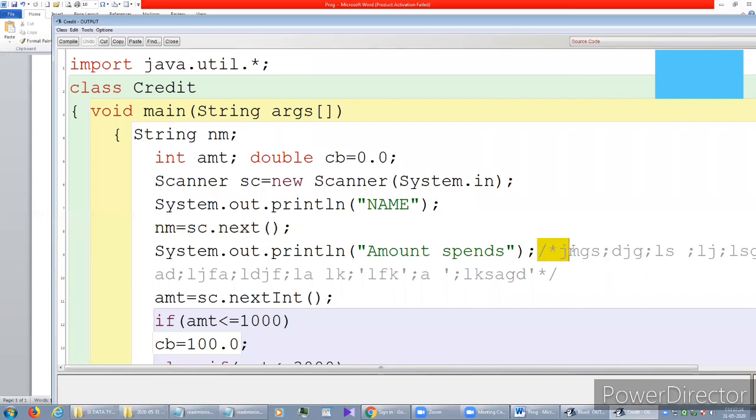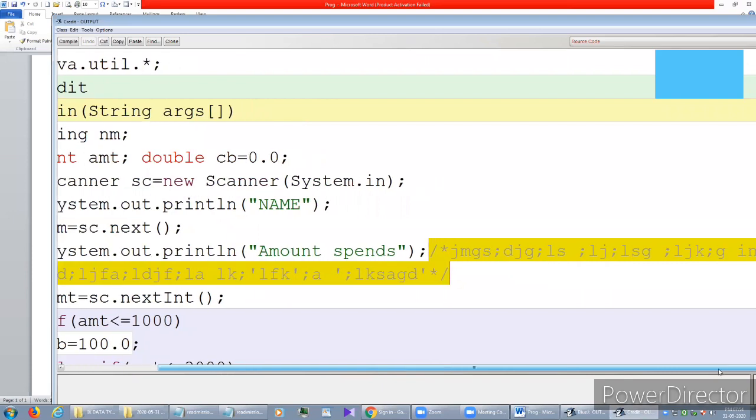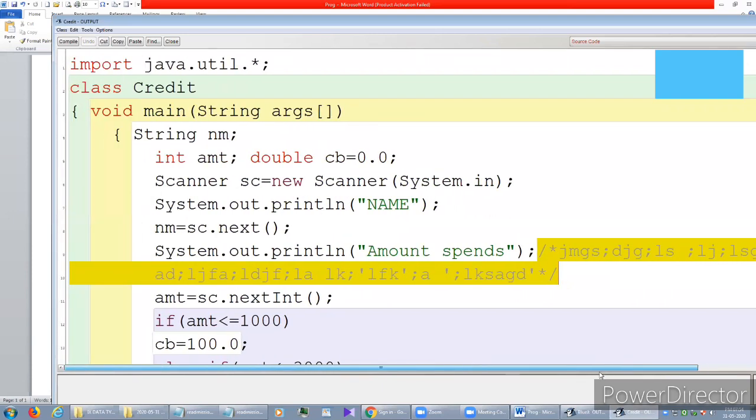And this highlighted portion is called comments. With the scanner program today, we discuss this concept called comments or remarks. In the previous program, we discussed the escape sequence, its practical use, and here we are going to discuss the practical use of comments.